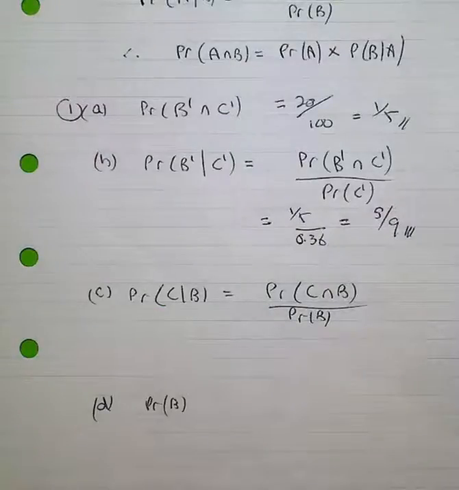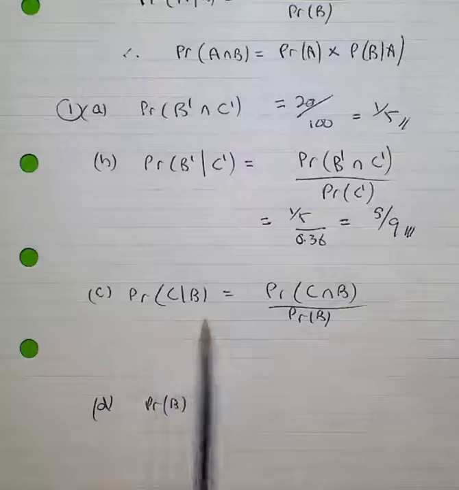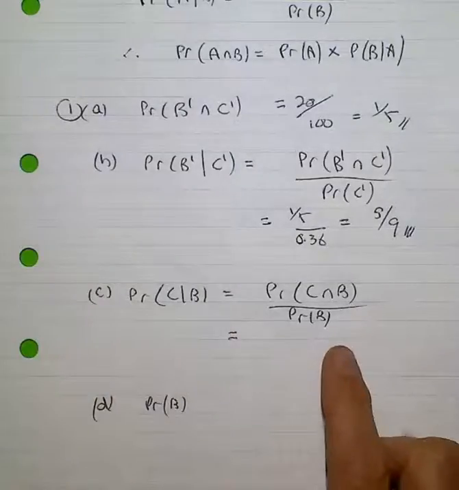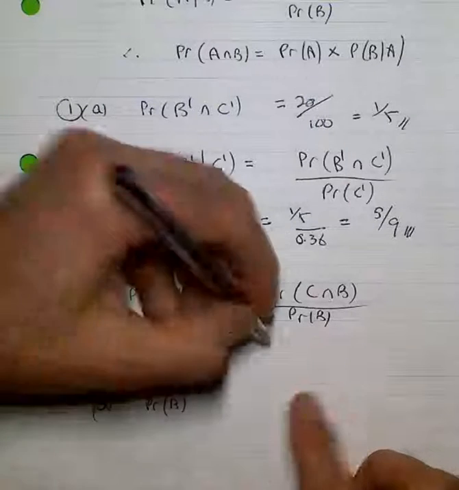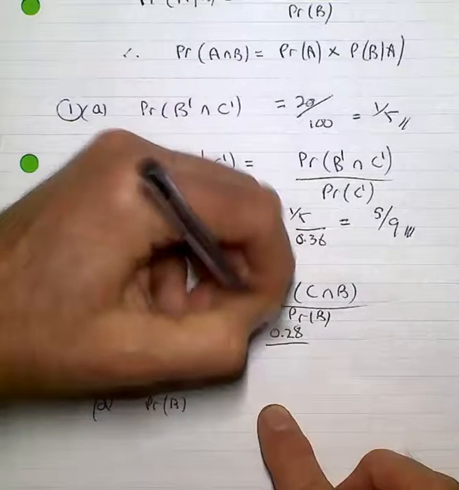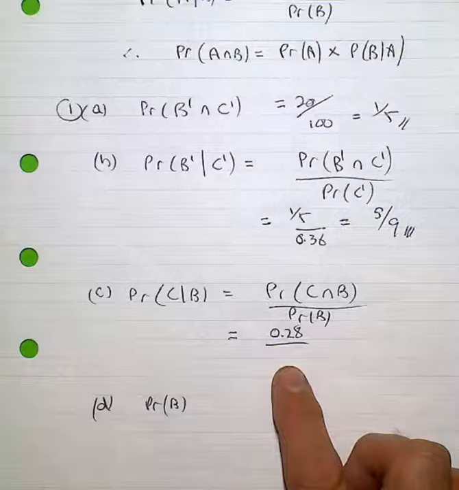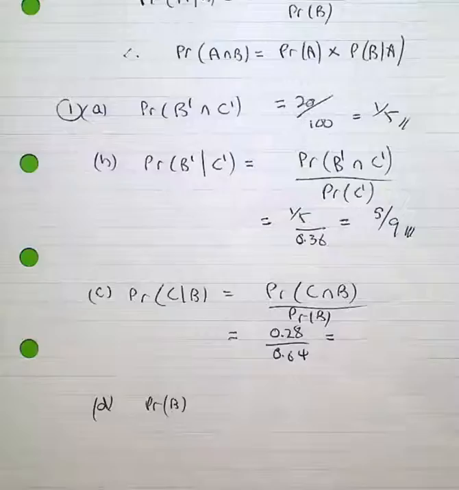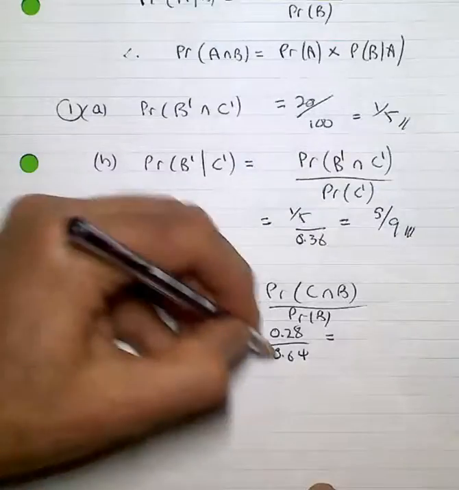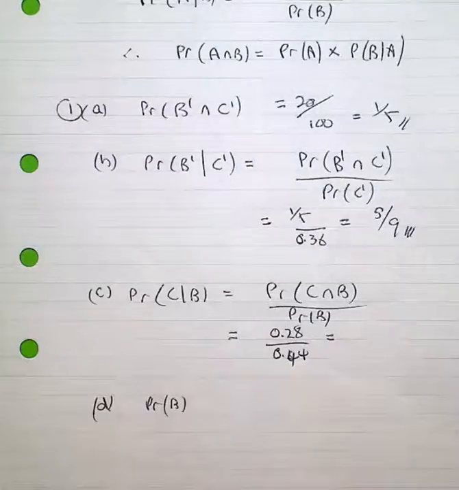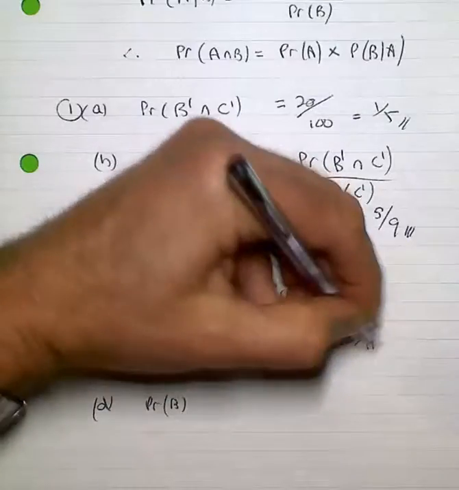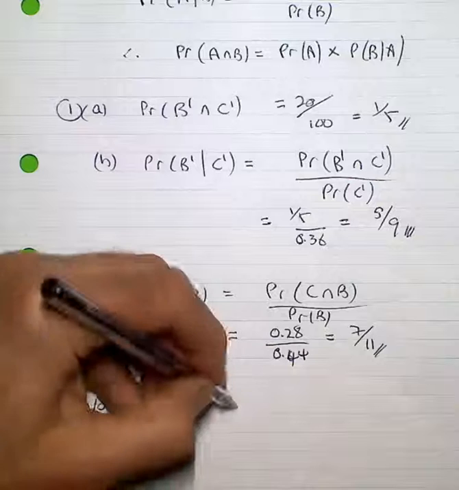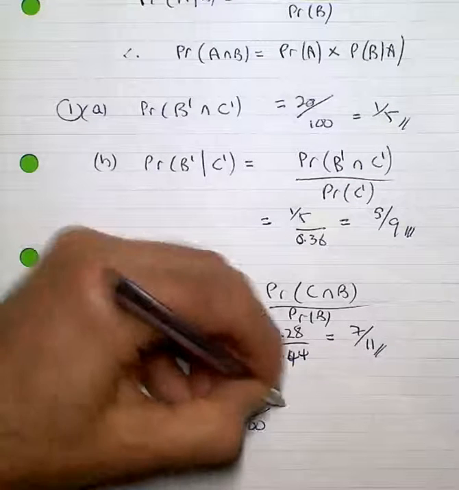Now in C, you're asked to calculate the probability of C given that B has occurred. So probability of C and B, so a bike rider who drinks a caffeinated drink. Now I'm just quickly putting that as 0.28, and given that they ride a bike, 0.64, and when I do my division, that will come out to be 7/11. Now, I don't quite know why B's been asked at the end, but that's 0.44,